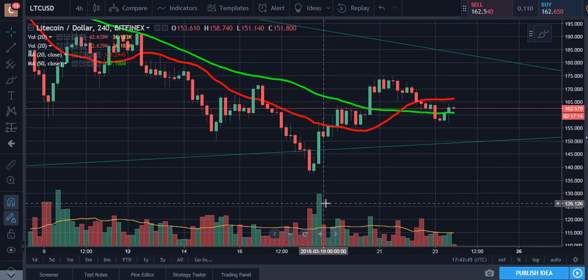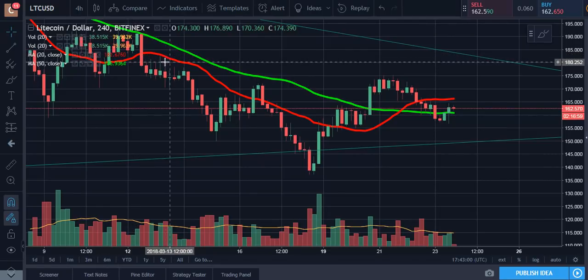It's Chris here. I just wanted to give you an update on Litecoin since I've been telling you that we're at a very important time in Litecoin, not only in that symmetrical triangle, but also with the moving averages that I've been looking at. So we have our 20-day moving average here in red, and I like to make these thick for you guys so you can actually see them.